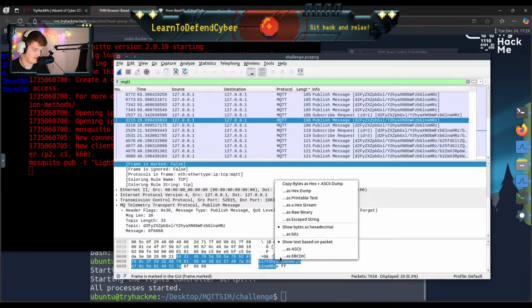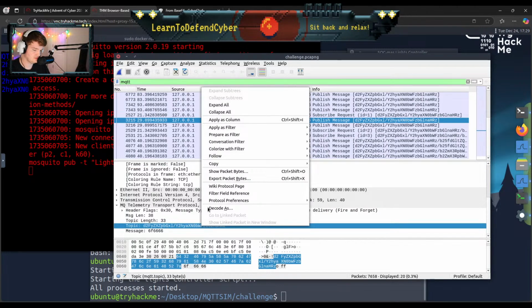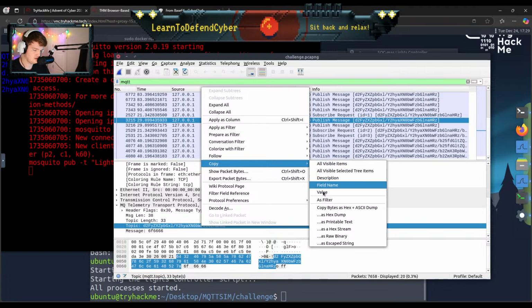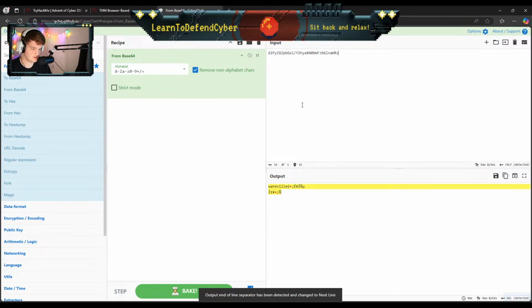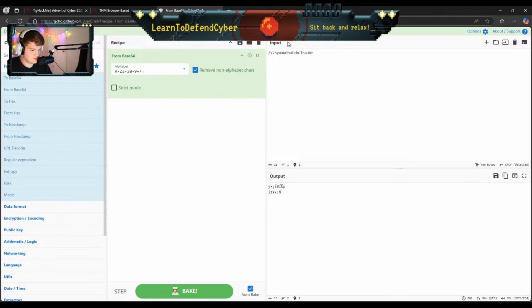Alright, we have some base64 here. We can copy this out. We will copy the value. Alright, we see Wareville. Christmas lights.